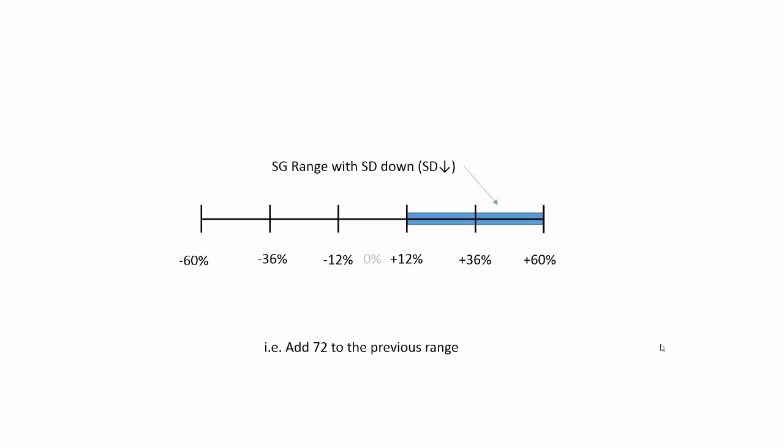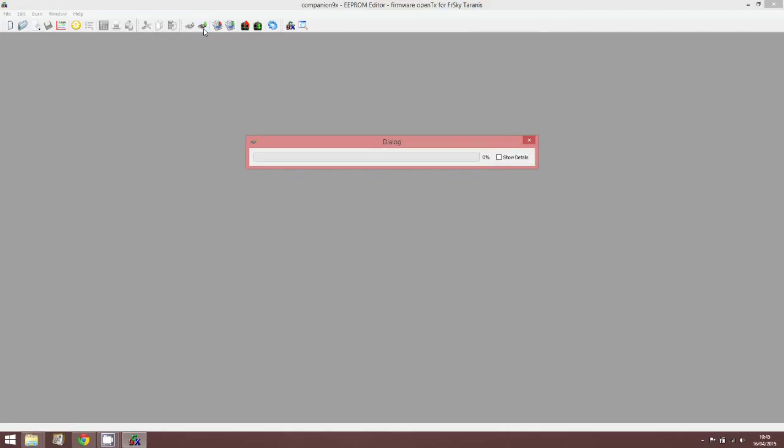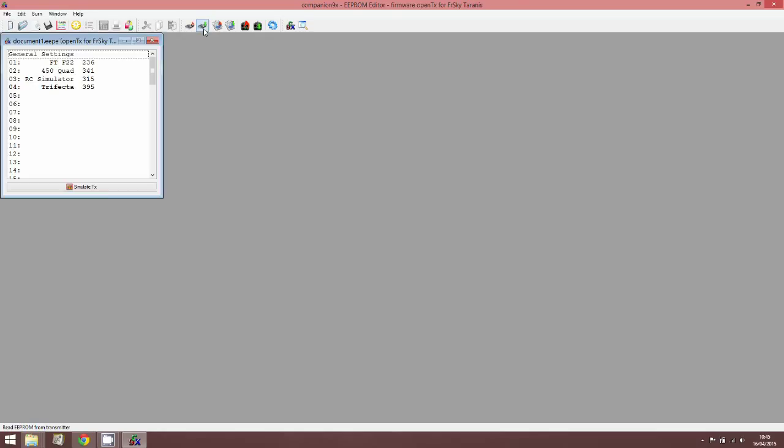I'm going to use Companion 9X to do the programming of the Taranis because it's simpler to see and it's simpler to program. Here we are in Companion 9X. I've got my Taranis connected to the USB port, and now I'm going to download the model data. Here we are. The trifecta is the model that I'm going to modify,